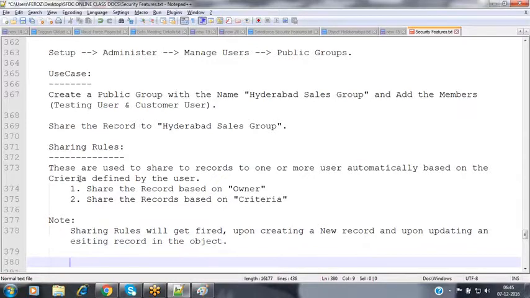Once the record has been created, it will verify the conditions that you have specified inside that sharing rule, whether these are matching with that record values. If it is matching, then it will be sharing that record to those users to whom you have specified. In future, if you are modifying the record values, then it will be removing the access from those users, because if any of the conditions is not satisfied, then it will not be granting the access on that record to those users.